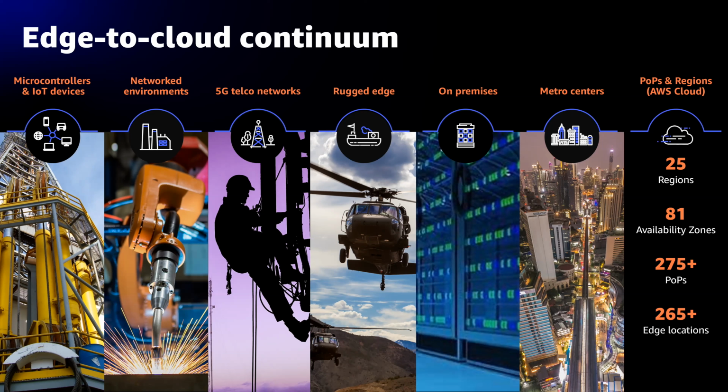We talk about networked environments. So networked environments could be, I've got a local network, I want to connect it to the AWS cloud. So that's hybrid as well. And so we have solutions and offerings for that. 5G telco networks becoming very popular. AWS recently released in preview the ability for us to help you with that 5G implementation, private 5G implementation. The two I'm going to focus on are in the middle, so I'll skip those. But if you need to bring data compute to metropolitan centers, that's also a hybrid use case.